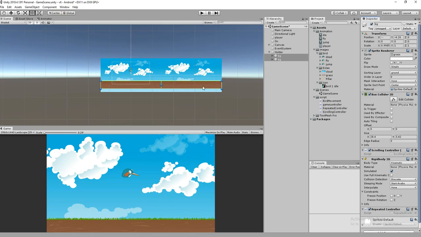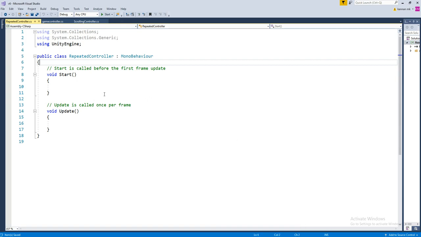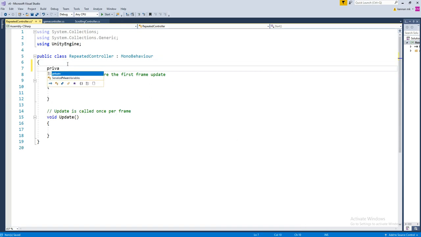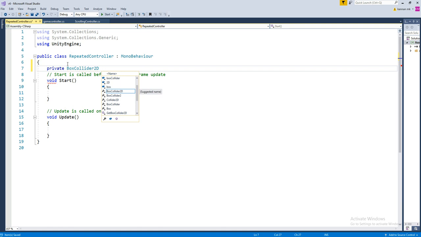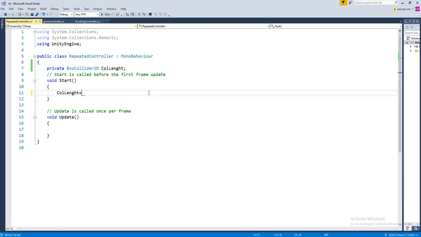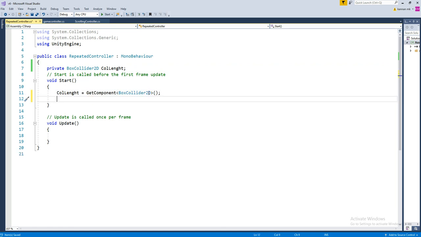So first of all, we are going to control this movement. We want to find the length. So what we are going to do is get the BoxCollider2D, with a name called col. And then get the collider, GetComponent of BoxCollider2D. Okay, so next what we are going to do is find the length